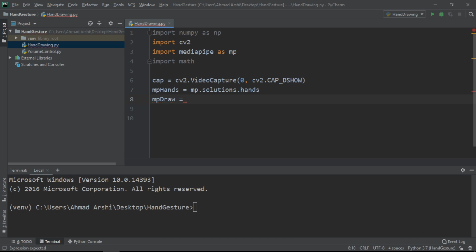So when you show your hand to the webcam, the computer can detect it, and the code can actually proceed with that. But it's usually a nice practice to draw on the hand, so that we can get an idea of what the computer is actually processing. So we will be using the drawing utils for that. So we go for MP dot solutions dot drawing utils.